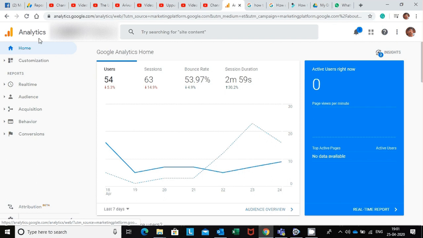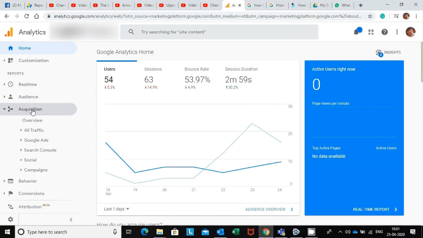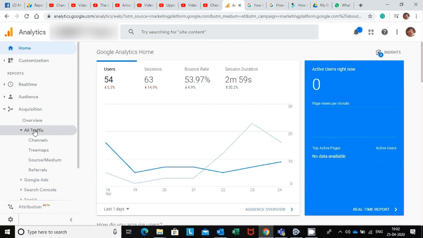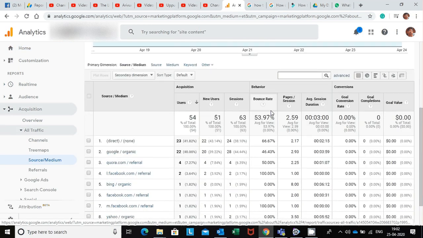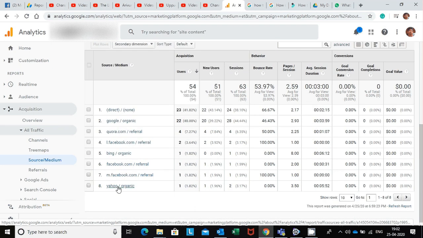From here on the left hand side you can see acquisition. Click on acquisition. Okay, select all traffic. Okay, and from here you can select source medium. Okay, yeah, here now you can see a list of sources that are driving traffic to the website, and here